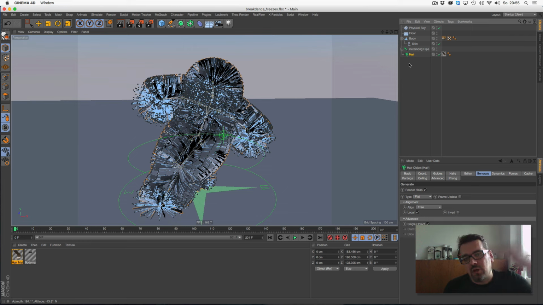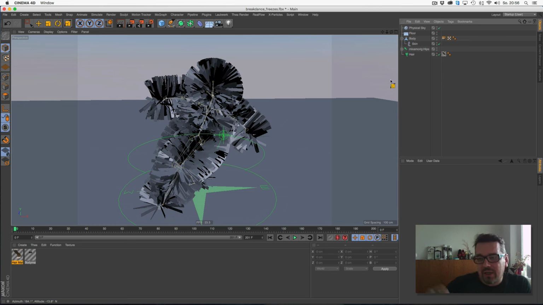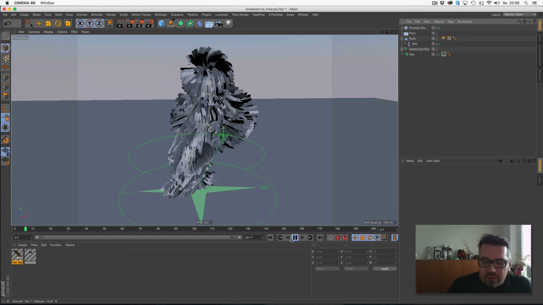it's better to set the hair as the lowest part in the object manager, because Cinema works hierarchically through the object manager, and at first the skin deformer, that is the stuff transferring the bone animation onto the mesh, so it's just a deformer. It's the first operation, and after this the hair is attached on the body, and it's the second step Cinema does in the process, and so it's better setting the hair below the deformer object in the object manager.